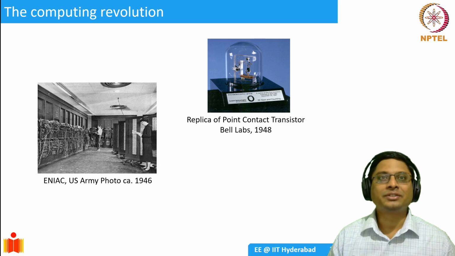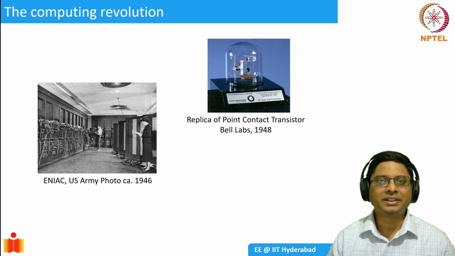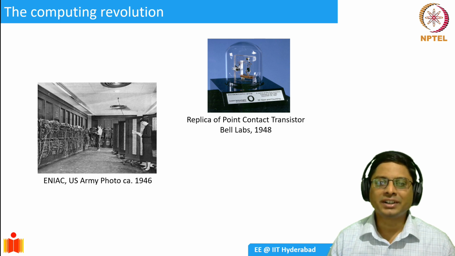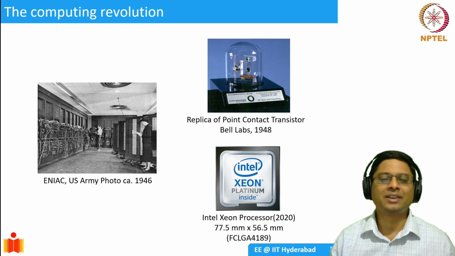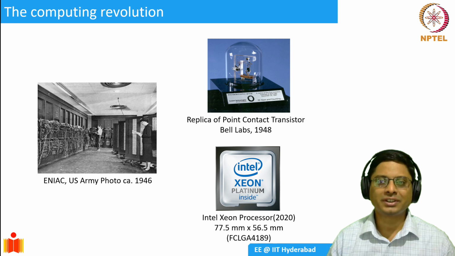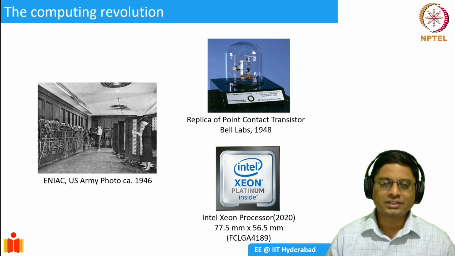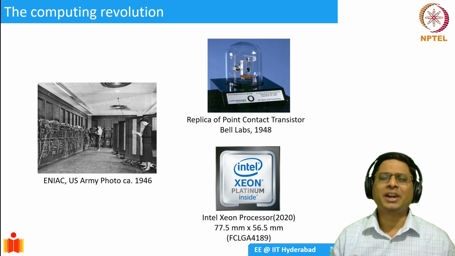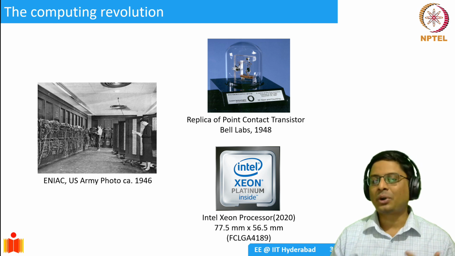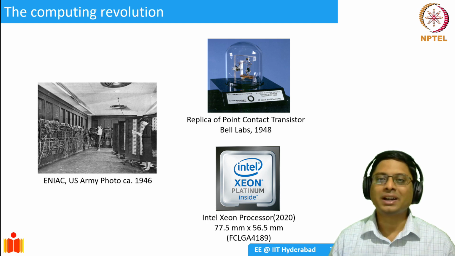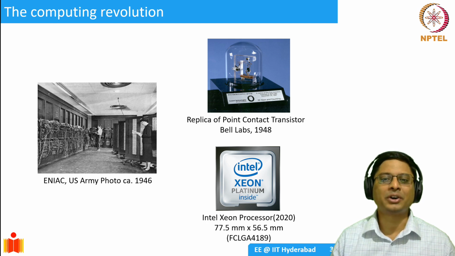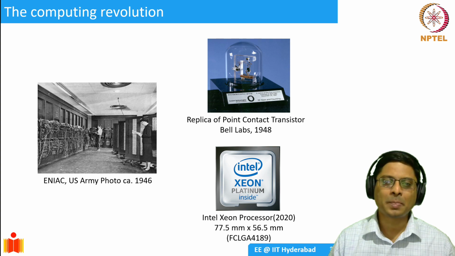And in the next 50 to 70 years, essentially, these transistors were integrated on a single chip. And then the number of transistors started increasing, so much so that today we have the Pentiums and the Xeon processors, which are essentially only about a couple of square inches in size, but they contain a few billion transistors. The computational capability has increased enormously, and also the cost has reduced. So this is why we see semiconductors everywhere, and the modern technological revolution has been possible.